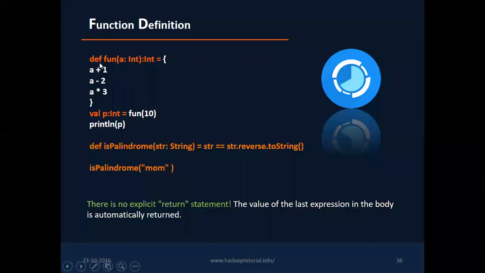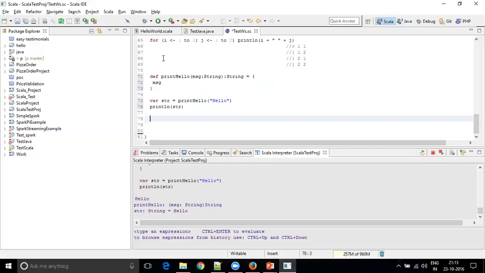Now, in this simple example function, def is my keyword and fun is my function name. It takes only one parameter, a, which is of int type, and my return type is also integer, and my function body takes equal to. And equal to is again like